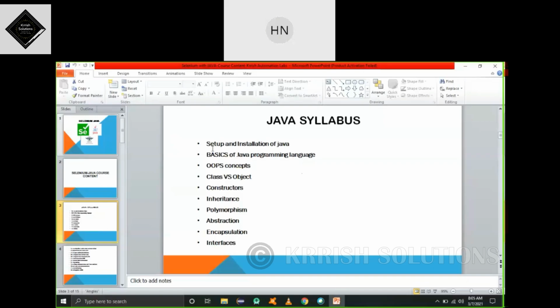Different examples we'll discuss, like how we will develop and what the use of these is in a real-time project environment, how we will use these concepts. Those are all the things we are going to discuss in our classes. We are just giving a topic introduction here. No need to panic. If you have any questions after the session, we can discuss.